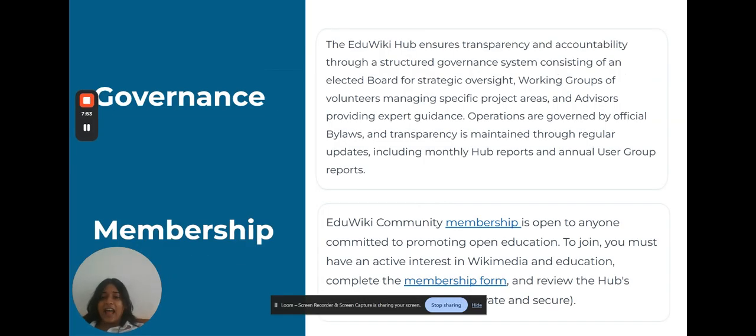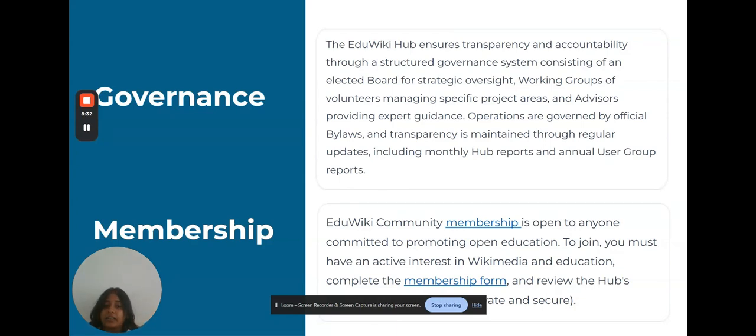Moving forward, governance and membership. For a community of this size, having a clear and transparent structure really matters. And I think the way EduWiki Hub has set things up is quite thoughtful. There are three layers in the governance. One is the elected board, who looks more at the strategic direction. Then comes the working group, made of volunteers from different regions of the world, who work on a specific area, whichever working group they're a part of.